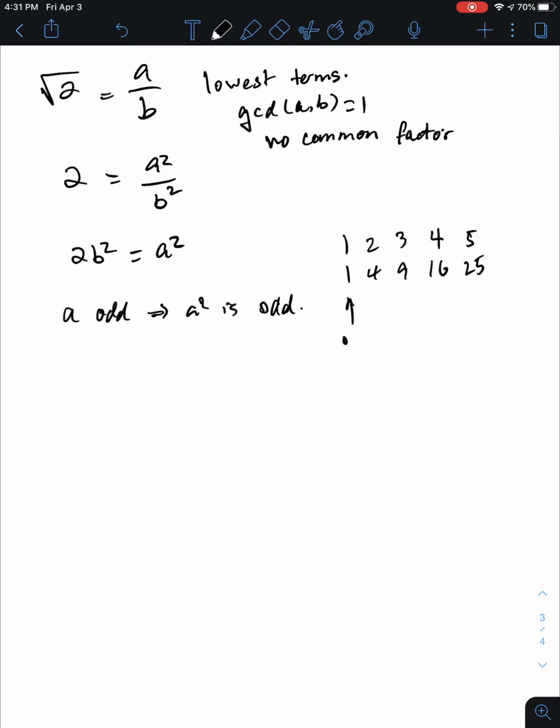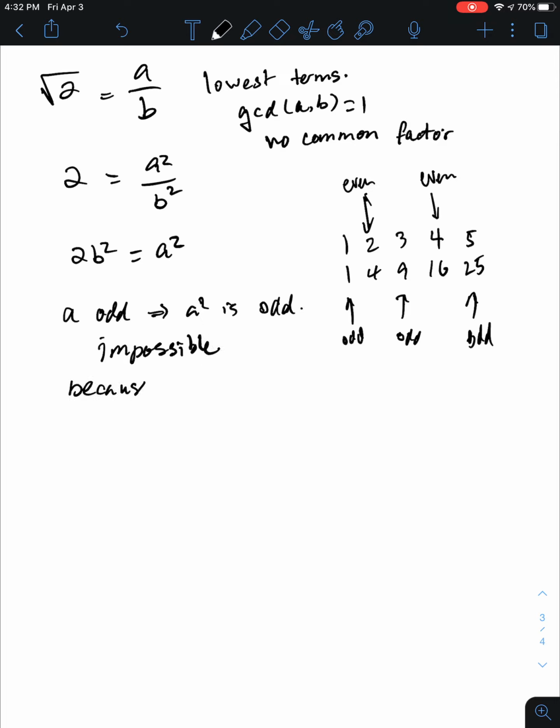Whenever we have an odd number, we have an odd number in both places. So a number and its square are either both odd or both even. All right, so if A is odd, then A squared is odd. That's impossible,